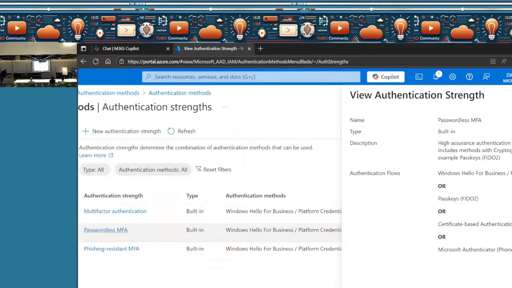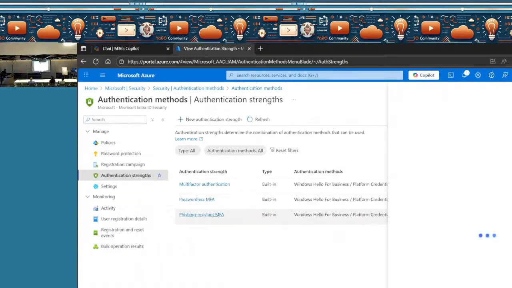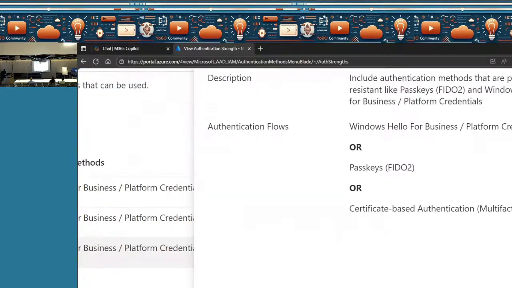But we also have something called phishing-resistant MFA. And here you can see one of the options has gone, right? Which is that option? So you can see the Authenticator is not there. Okay, so we have Windows Hello for Business, we have Passkeys, and certificate-based authentication.